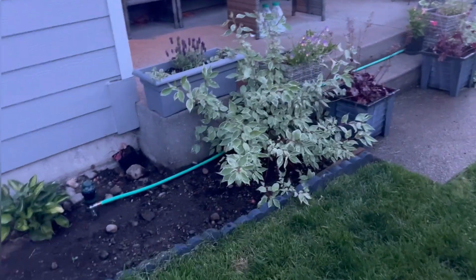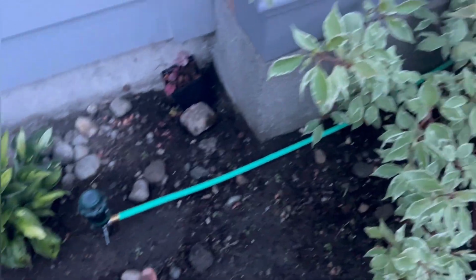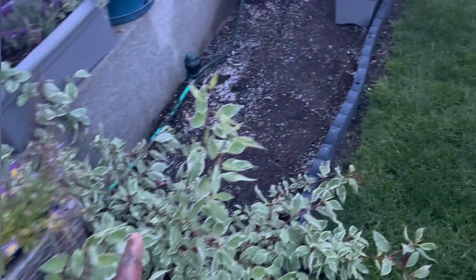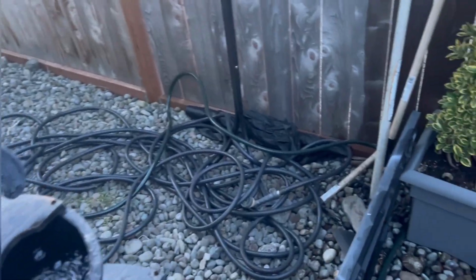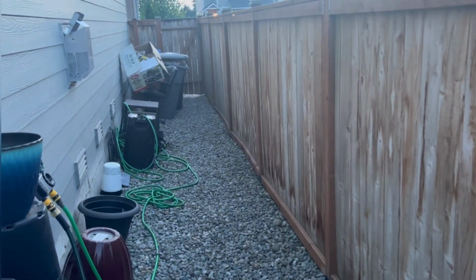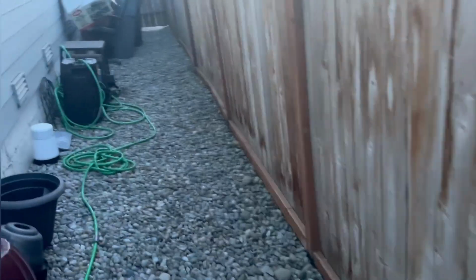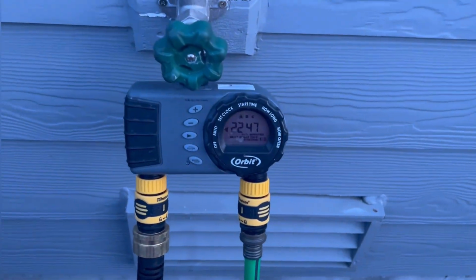So let's start right here. So obviously this is a sprinkler head, and it attaches and it goes all the way here, and it attaches to the main hose. My little water feature. I love hearing the sound of water. It's just relaxing. And then let's go in this side, which is pretty much where I keep my trash cans. I've cleaned it up as well because it was really messy. And I have purchased this bad boy. This device